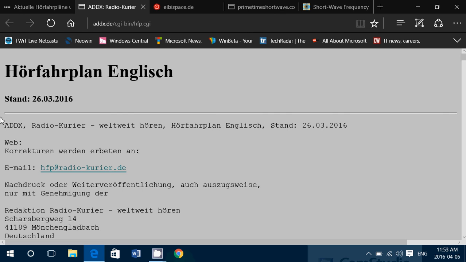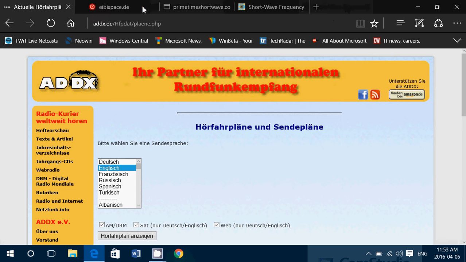If you go to French, you'll have the French. So what I like about this is because I speak French and English, I like to have the list of each language. So I'll print out English and I'll print out French. Now this list is not updated as often as other lists, but it is a worthwhile list to check for, especially if you want printouts of separate languages. So what I'll do, I'll go here, print out the English one, print out the French one, and I have the language that I understand, that I can check out what the different stations are.